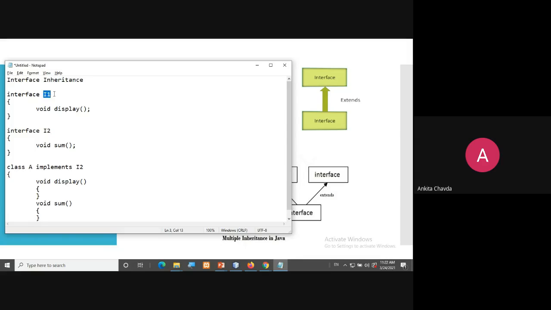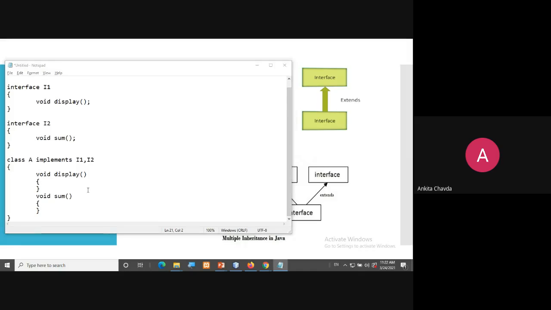So you can write class A implements I1, comma I2. So this is somehow a multiple inheritance hierarchy, but we are doing it via interfaces, not via classes. Okay.